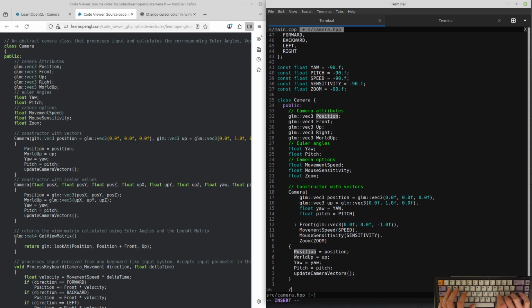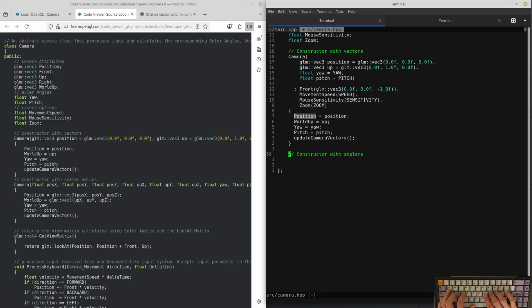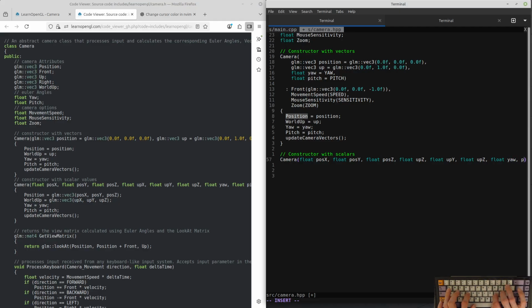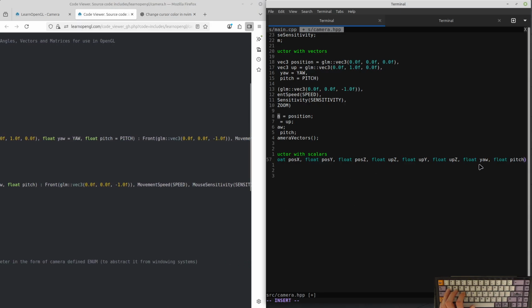Okay. Constructor with scalars. Here we go again, man.